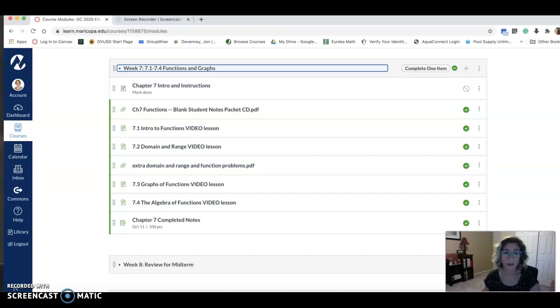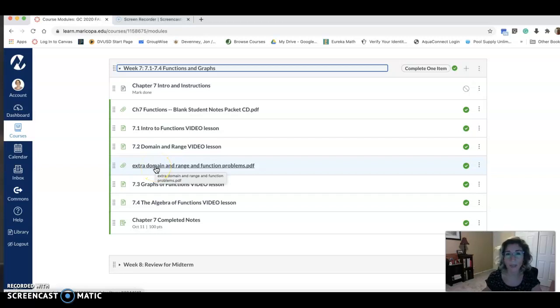Just like all the other chapters, make sure that you print off the blank student note packet. You fill those out as you're watching the videos for each section, and then you submit it underneath the completed notes assignment. You might also notice in this chapter, we have a little bit of an extra domain and range